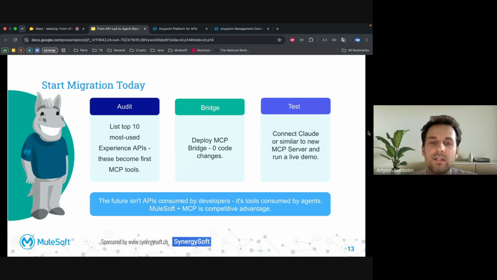The only thing you need is the additional and new layer on top of your integration, on top of what you have already. And just keep in mind that the future isn't APIs consumed by developers. It's tools consumed by agents. And your MuleSoft integration is ready to make that shift starting from today.